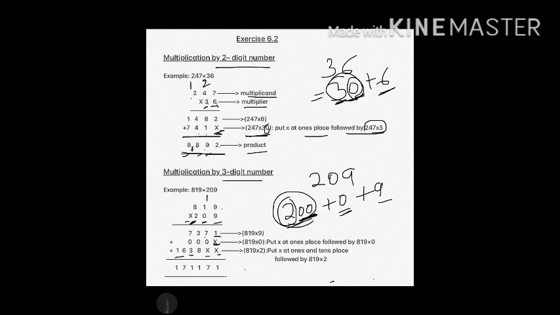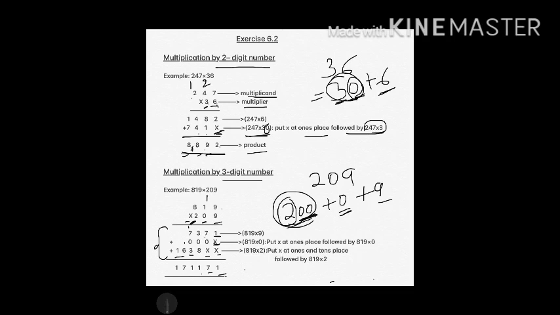Then what is the last step here? You have to add all these 3 numbers here. So here 1 plus nothing here, cross cross, so I'll get 1 only. 7 plus 0, here answer will be 7 here. 3 plus 0 plus 8, the answer will be 11. 1 and 1 will be the carryover over here. So here 7 plus 1 is 8 and 3, 11. So 1 and 1 will be the carryover over here. 6 plus 1 is 7 and this is 1.